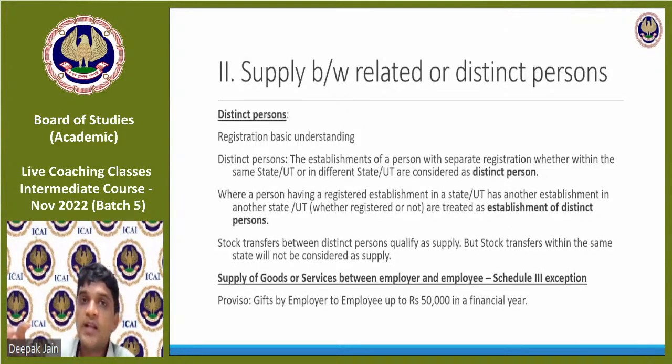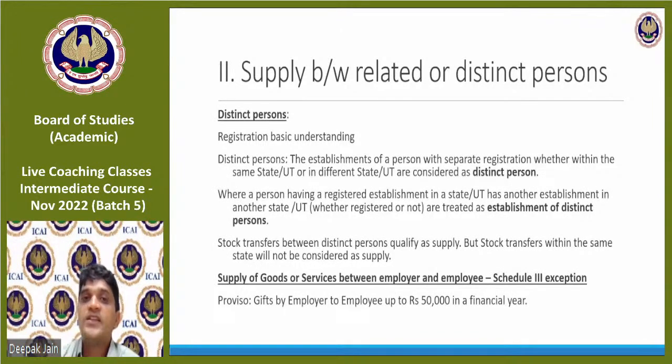If you are having multiple branches in one state, then you have an option to take one registration within the state, wherein all the branches can be called as branches. Okay, and one registration is sufficient. So you don't have to take multiple registrations, even if the threshold limit of 20 lakhs is crossed by each of these branches, it is not mandatory to get registration separately for each branch. Okay. We can take a single registration for all the branches within a state.